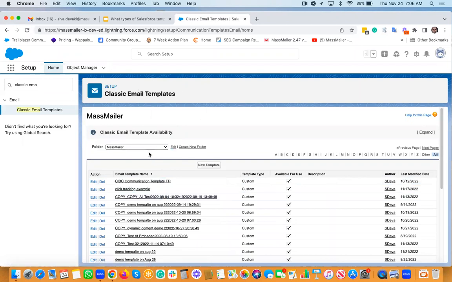And you can find all the templates right there. And you can see that it's all custom type. So anything that you would have created using MassMailer Template Builder is just the custom type. And then if you ever wanted to create any other type of template here in Salesforce, you basically click